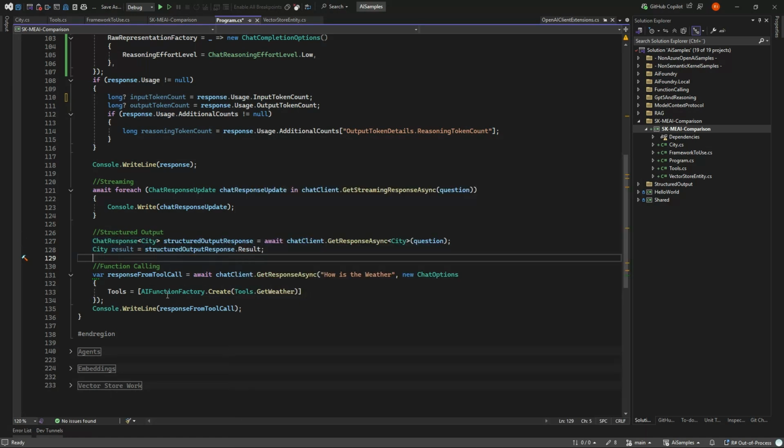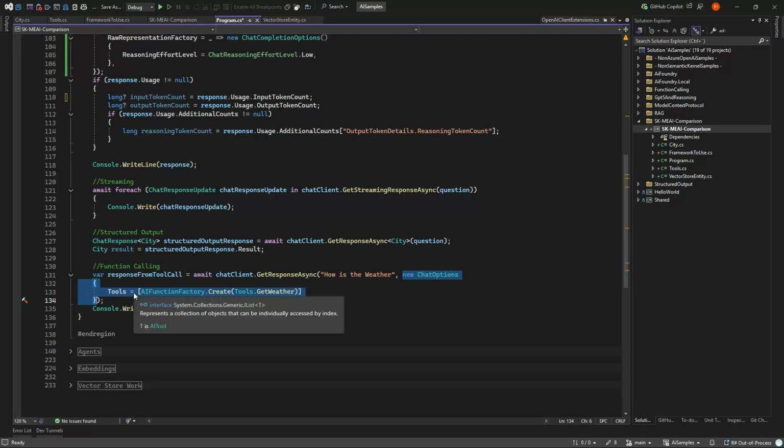Function calling is also fairly simple, but the main issue, whatever we call it, is that every time you get a response, you need to put it in as chat option what tools are available. You might like that. In Semantic Kernel, you can register them up front, and then you can use them across all different responses. So that's just a matter of opinion. But function calling is fairly simple.